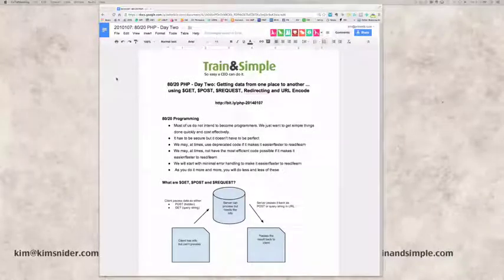So today's topic is get, post, request, redirecting, and URL encodes. And for us, this is such a fundamental topic. It was really interesting actually preparing for today's session. When you're working with any language, but I think particularly PHP, because PHP is used so much as one of the standards for creating web applications,